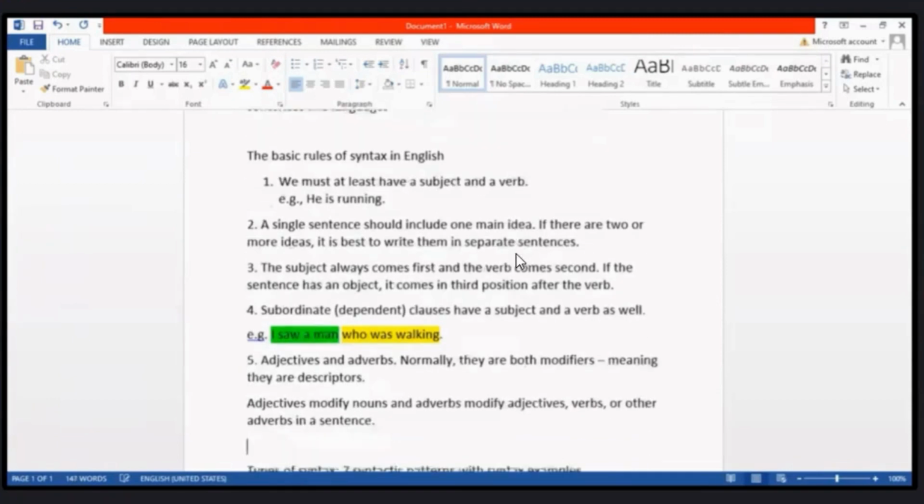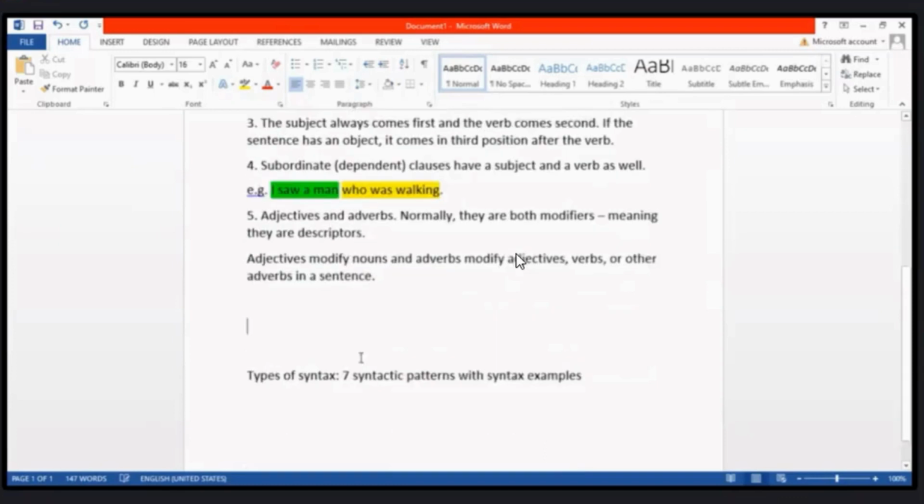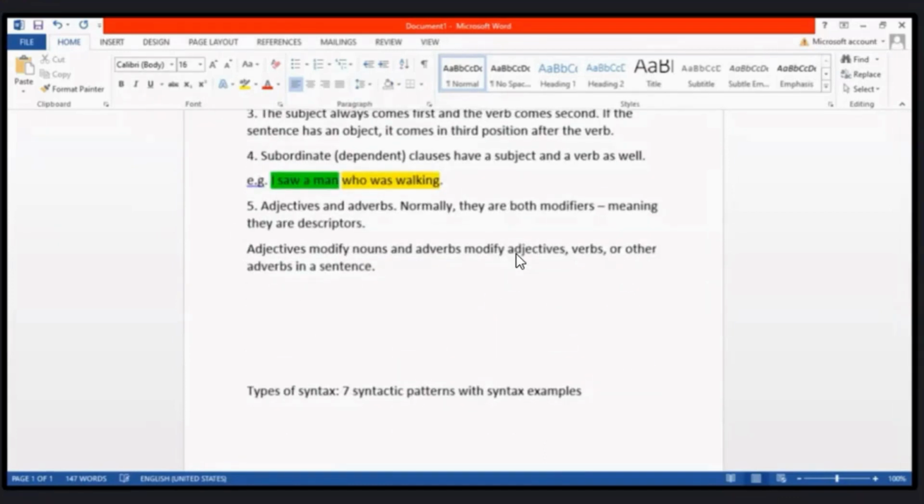So if you see here, the fifth rule is about adjectives and adverbs. Normally they are descriptors; they describe something in a sentence. Normally adjectives describe nouns, and adverbs describe adjectives, verbs, or other adverbs in a sentence. For your information, normally adjectives come before the noun. For example, let's say in this sentence,